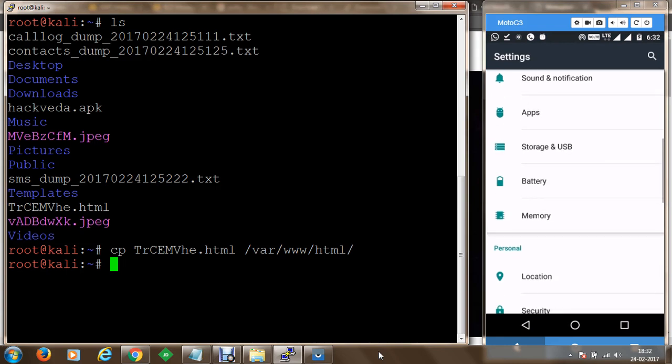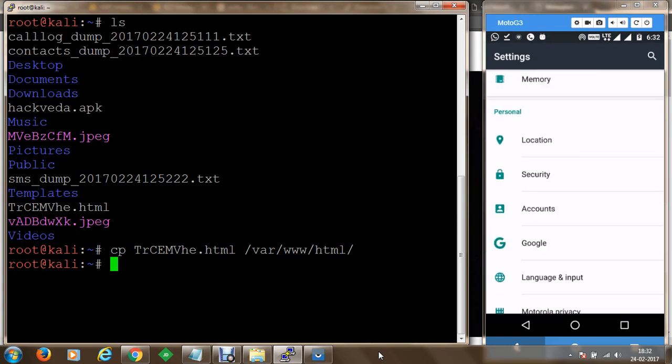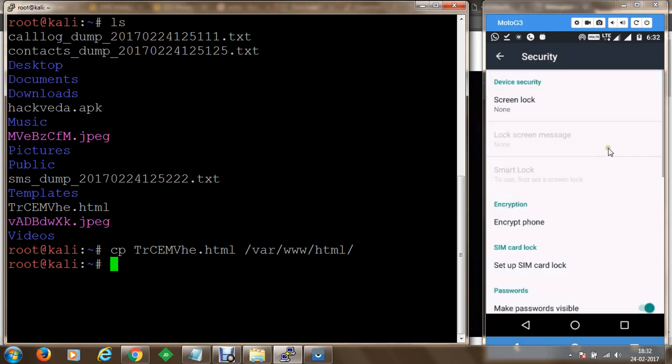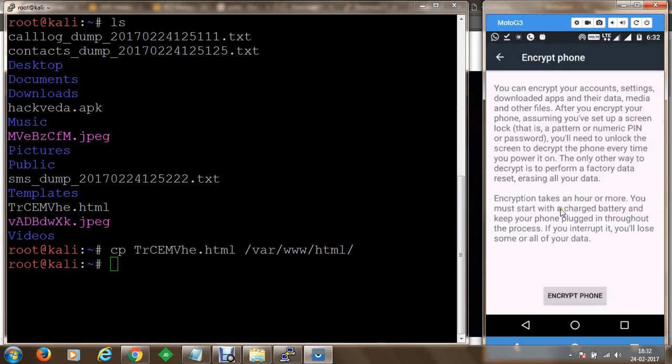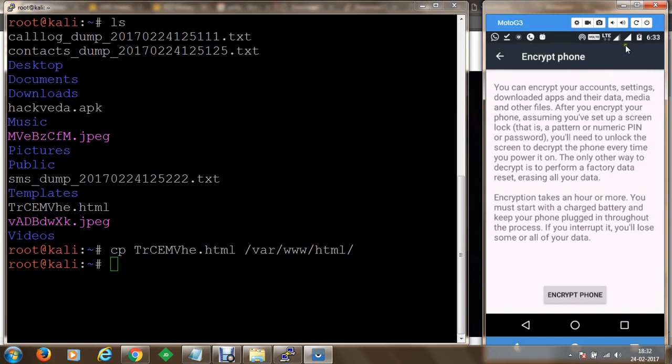Within the security section, once you click security, you can see that there is an encryption option available, and you can click encrypt phone. To perform this encryption, you should have battery more than 80% charge, and you can simply click on encrypt phone and you can protect your data.